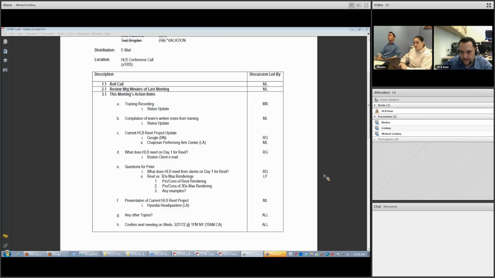Okay. So the next item quickly I have on the list is the actual compilation of the team's written notes from the training. As I had mentioned last time, Robin had passed along her very detailed and thorough notes to me. And I believe last week I added my portions to it, things that may have been left out, and have sent that to Stacy.